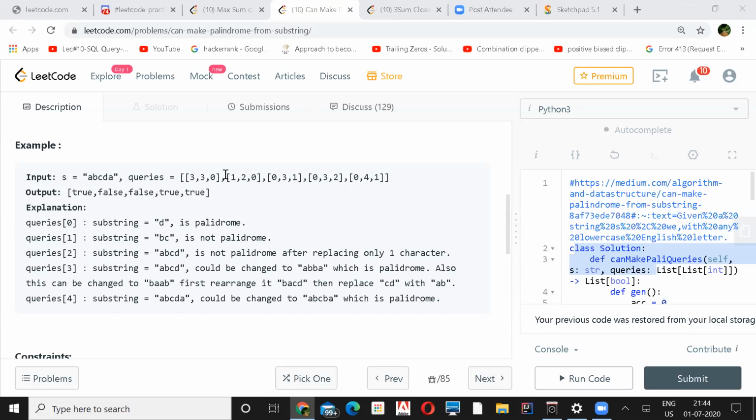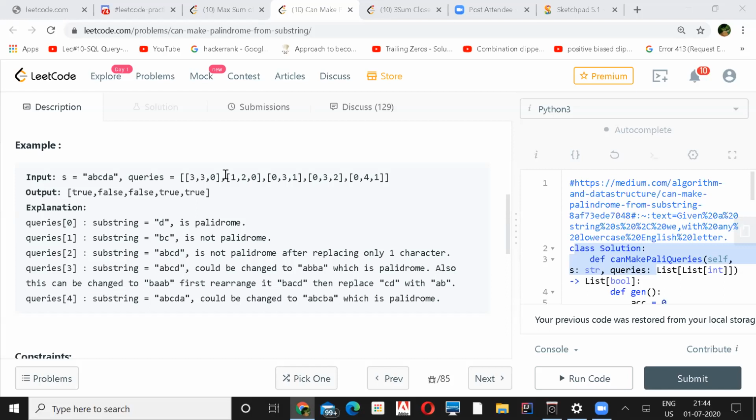Yeah. So I was just thinking, are you saying we need to store the unique character length also? Like if you take a complete string, do we need to store the number of unique characters, like A as 2, B as 1, C as 1, D as 1? Yeah, that is what I was thinking. Okay.